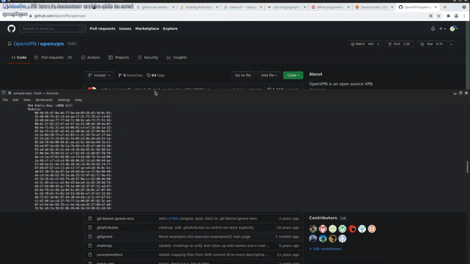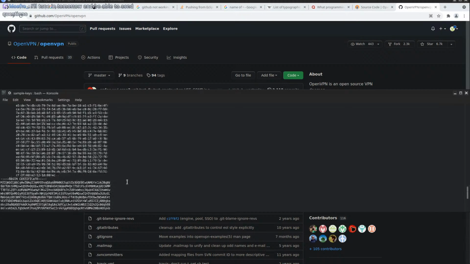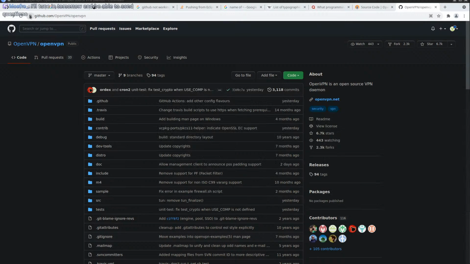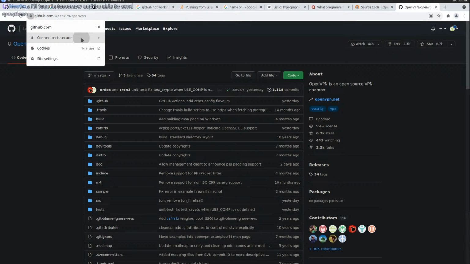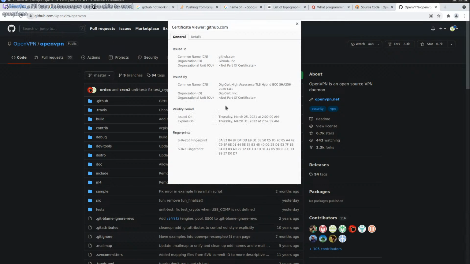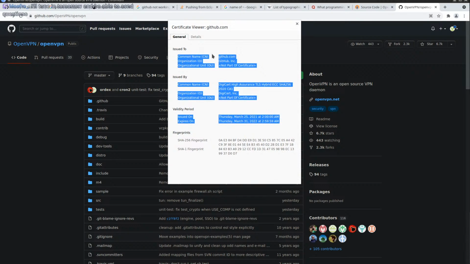So basically, when you buy a certificate from one of those trusted providers, you generate a certificate request which fills out all the fields, all of these details that are provided in the certificate itself, like company name, CN, so common name, organization, organization unit. All of these fields have to be provided.